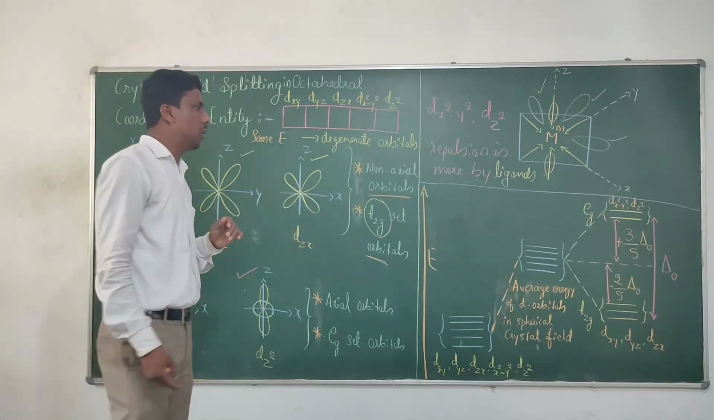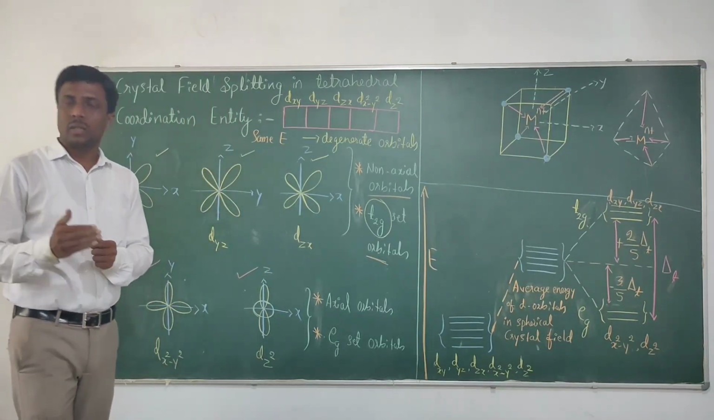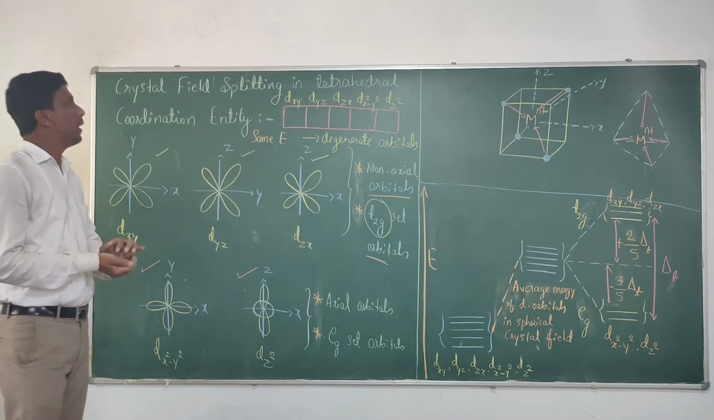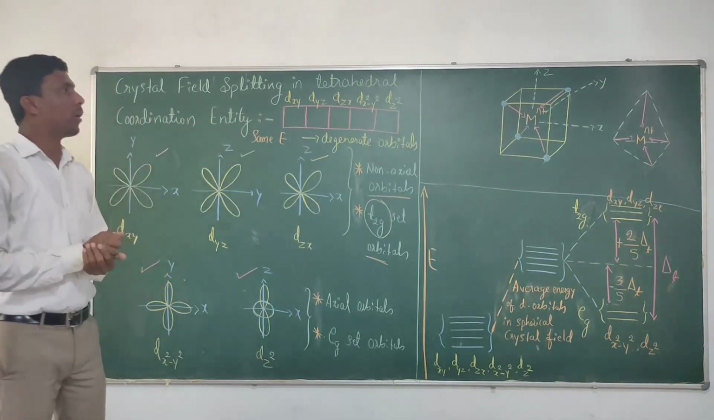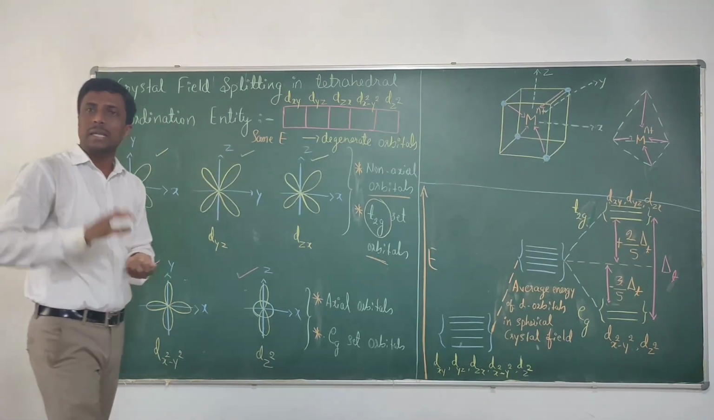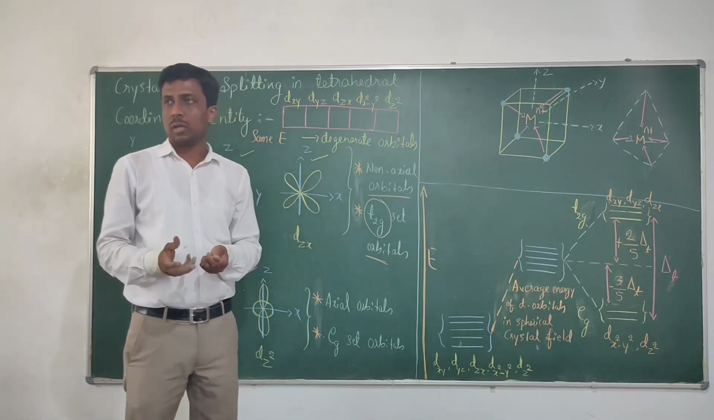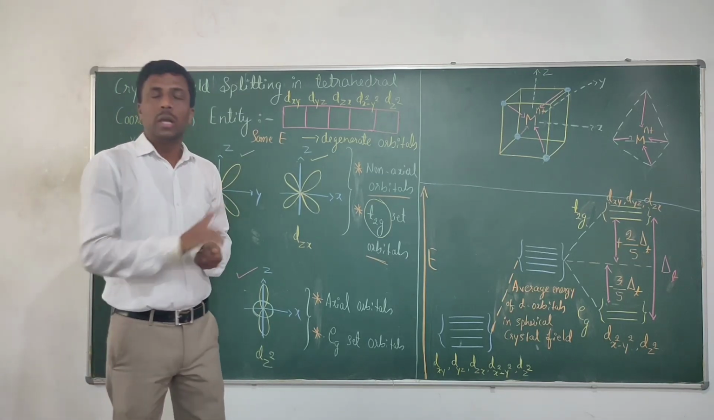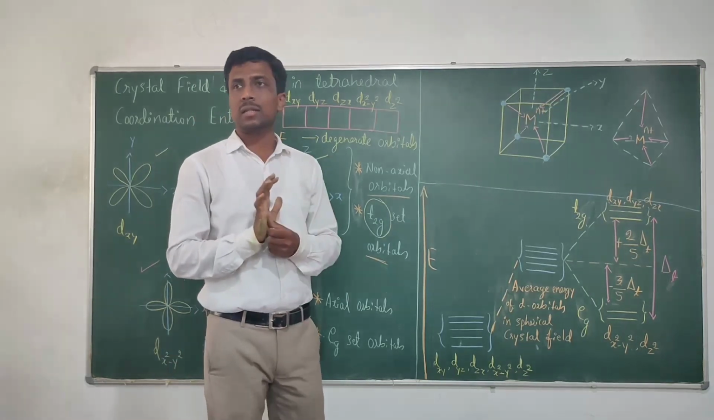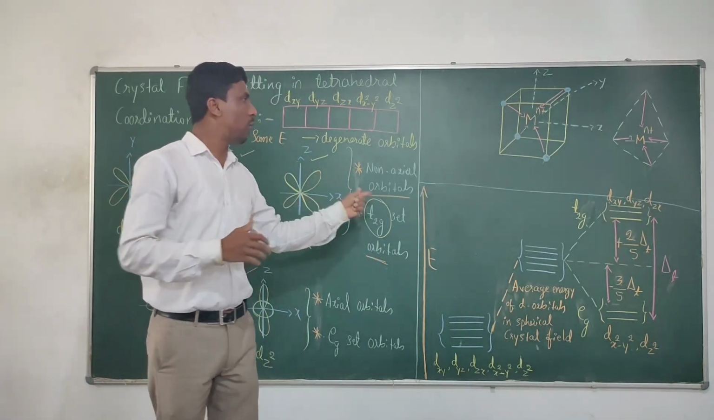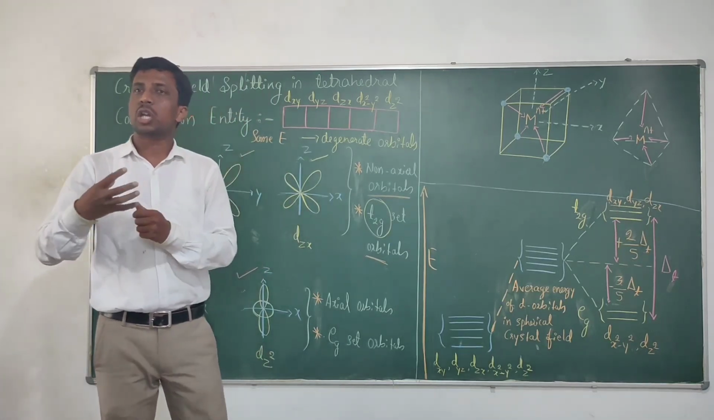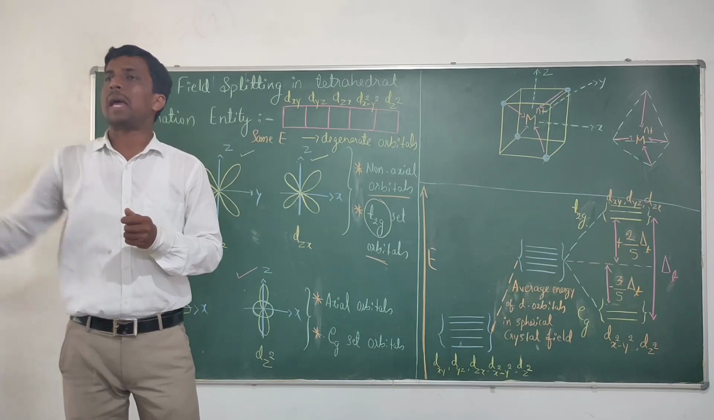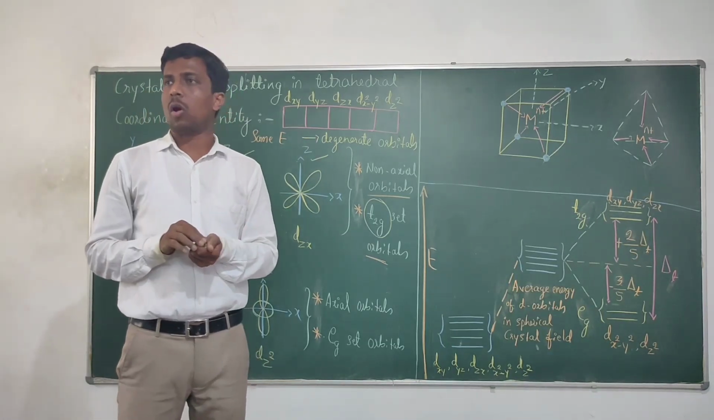Clear or not? Okay. Now let us discuss one more concept in the crystal field splitting, that is crystal field splitting in tetrahedral coordination entity. Okay, it means in a tetrahedral direction the ligands will approach the central metal atom. In octahedral coordination entity 6 ligands were there, here 4 ligands will be there, but the direction of approach